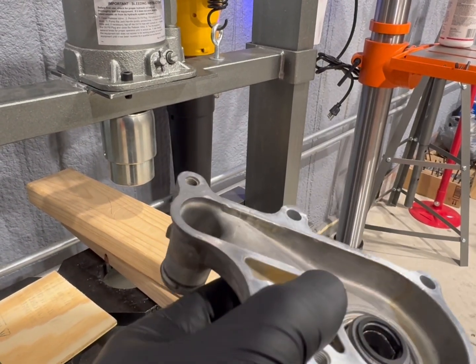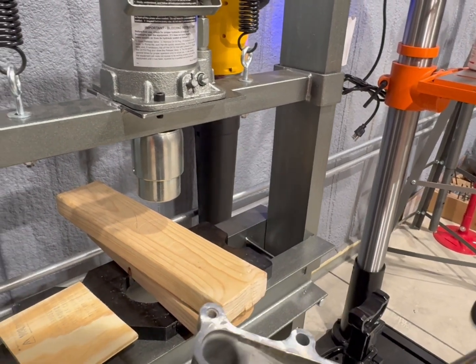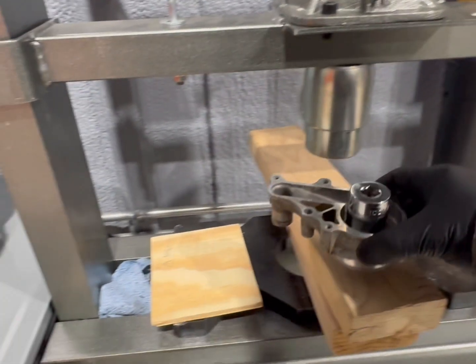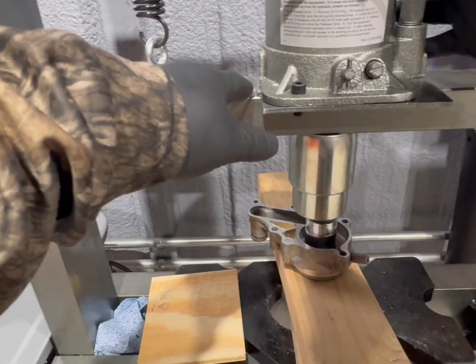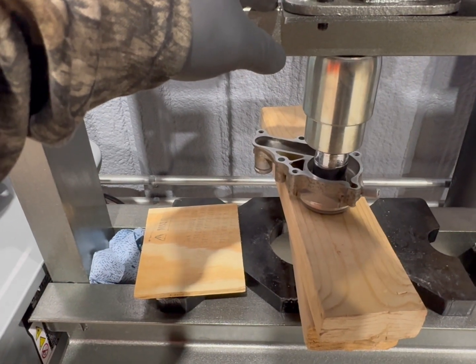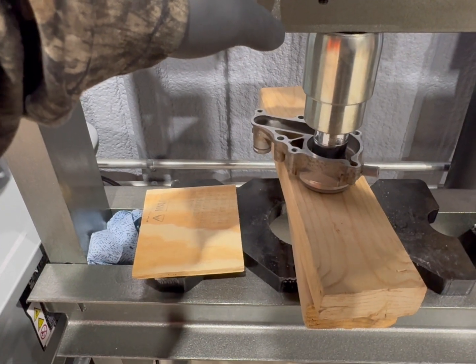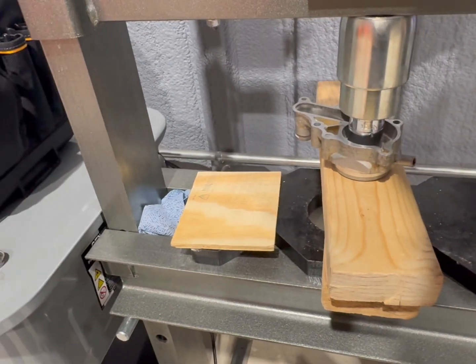Perfect. I'm gonna press down on it one more time to make sure it's fully seated. But thankfully that worked because I've tried everything that would miss that flange but still get the